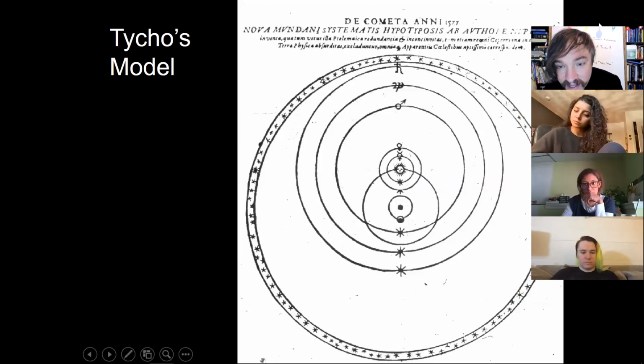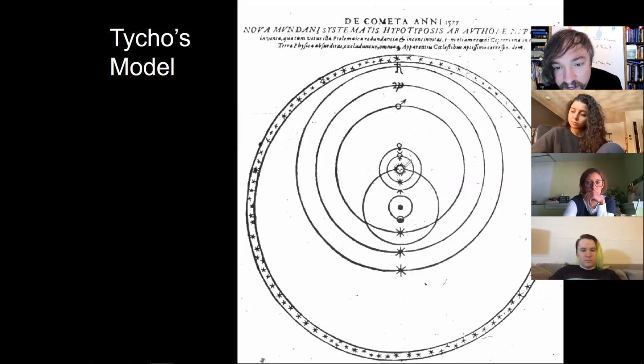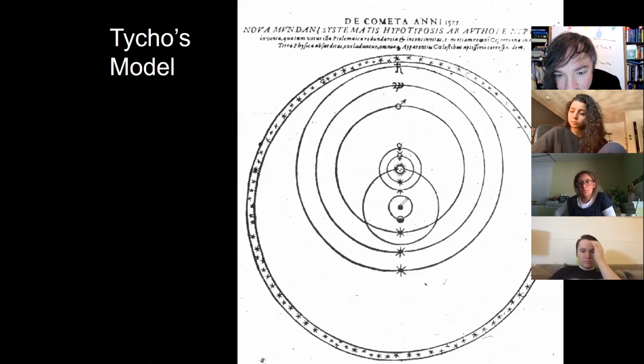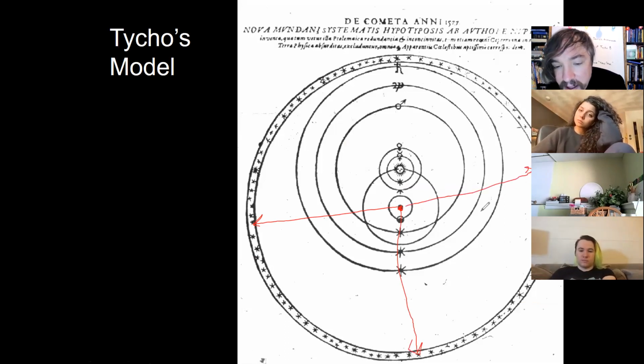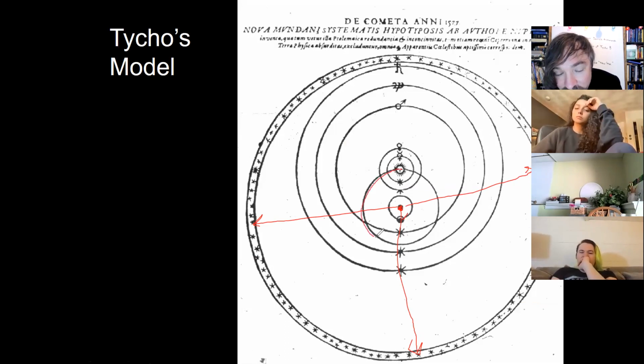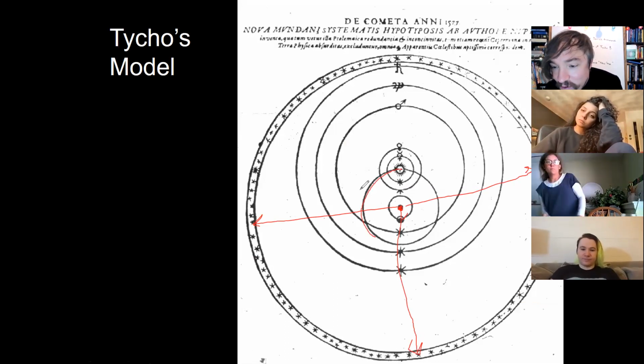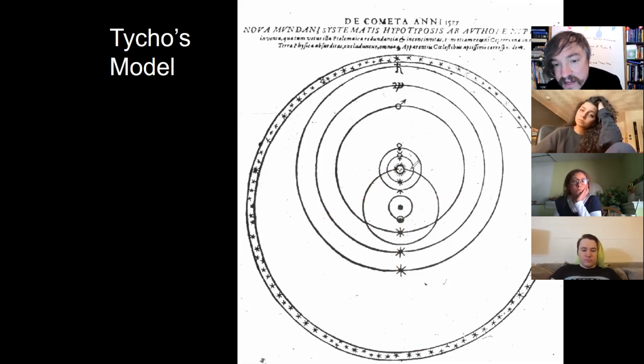And here's a picture from his book with probably his handwriting. You can see that what he did was he kept Earth at the center of the cosmos. So this dot here is Earth, and you can see it's in the center of the background sphere of stars. So Earth is the center of the heavens. And he has the moon orbiting Earth, and he has the sun orbiting Earth. But then he borrowed Copernicus's model, and he had all of the other planets orbiting around the sun. In a weird way, even though he left Earth the center of the cosmos, dynamically, this is kind of the same as the Copernican solar system. It's just from an Earth-based reference frame.